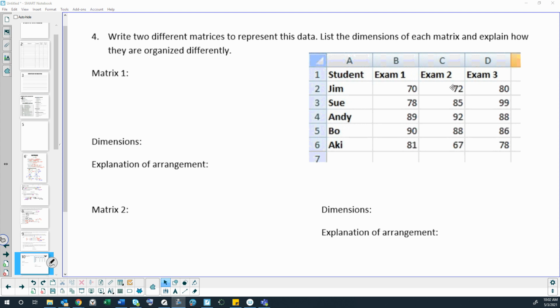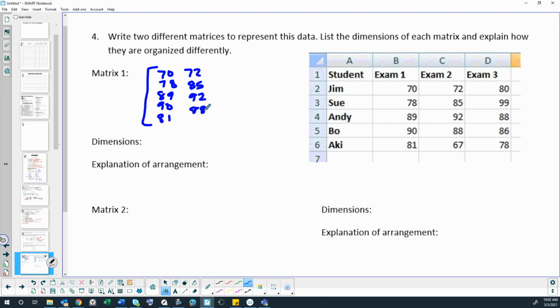Okay, so I feel like the only stuff that should go in my matrix is the numbers. Don't you agree? Should just be the numbers. So if I organize this into a matrix, notice this is from an Excel spreadsheet. I'm going to do the 70, the 78, the 89, the 90, the 81, and then 72, 85,